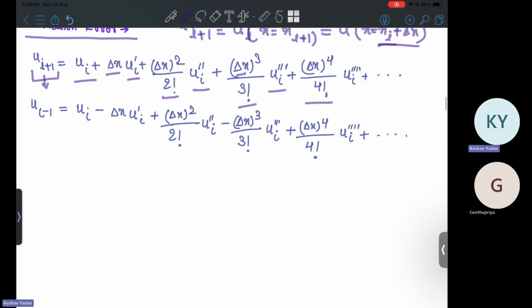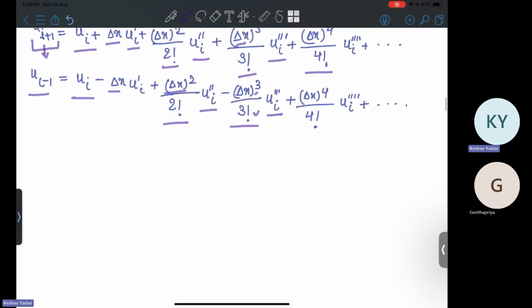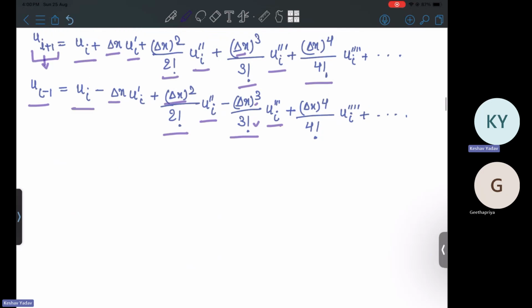Similarly, if I want to represent ui minus 1, then it will be equal to ui minus delta x ui prime plus delta x square divided by 2 factorial ui double prime minus delta x cube divided by 3 factorial ui triple prime plus higher order terms. Okay. If I want to find out the ui prime using the forward difference method, so simply what I will do, by using the above equation, I can find